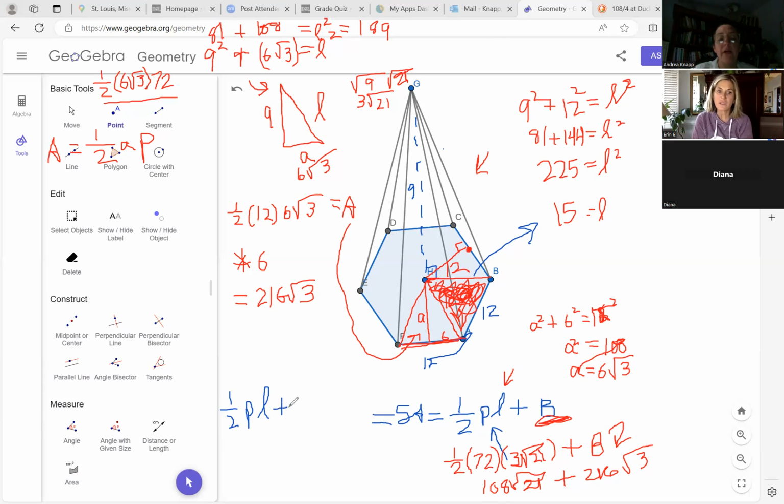And then for the area of the base, we could have used a half of the apothem times the perimeter. But the key to both of these, even the key to finding the slant height, was the apothem. We needed that apothem right here in order to find